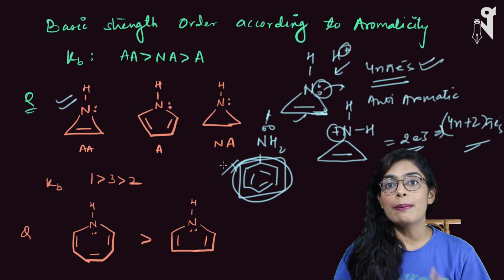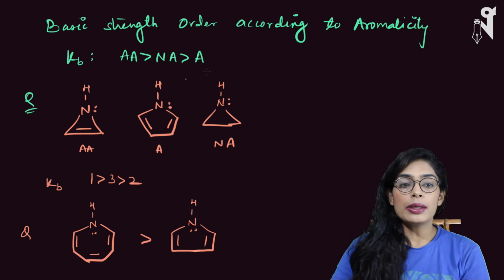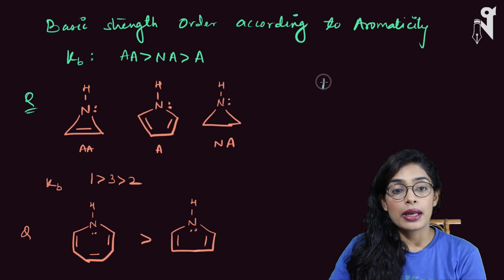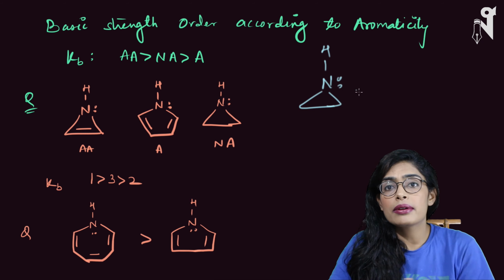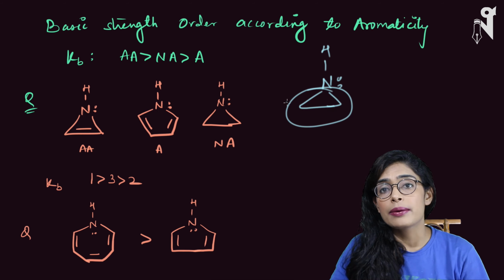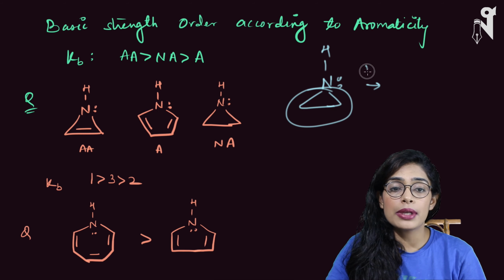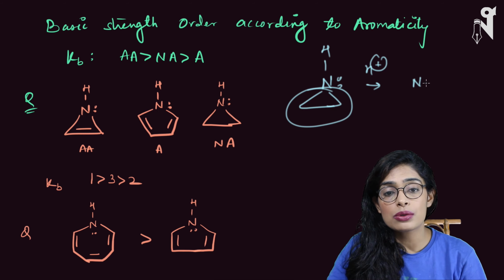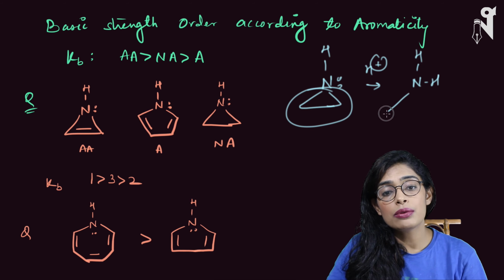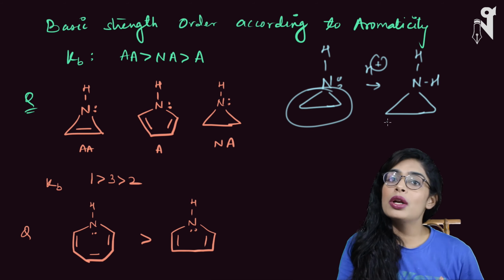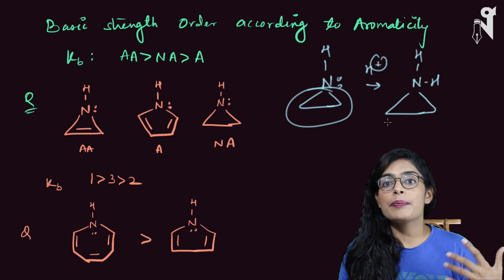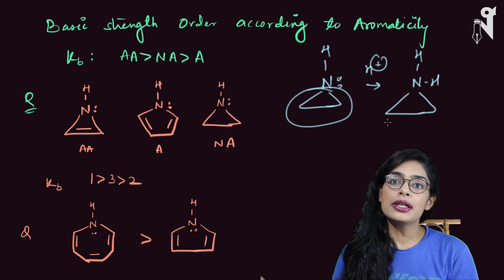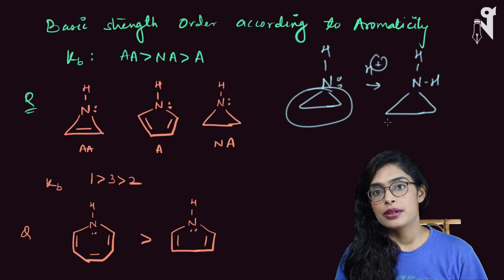Now understand what will happen to a non-aromatic compound. Let me take a non-aromatic compound. This is my non-aromatic compound. If it's non-aromatic, it's a simple cyclic chain, right? So now when it accepts the H plus, it will still remain non-aromatic. So the stability of the molecule is not decreasing. It was non-aromatic, it is still a non-aromatic compound. That means it is not going towards a less stable state, it is going towards an equally stable state, right?